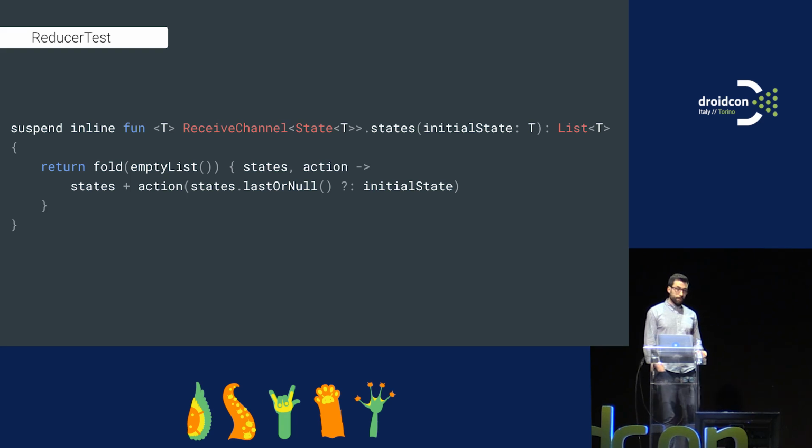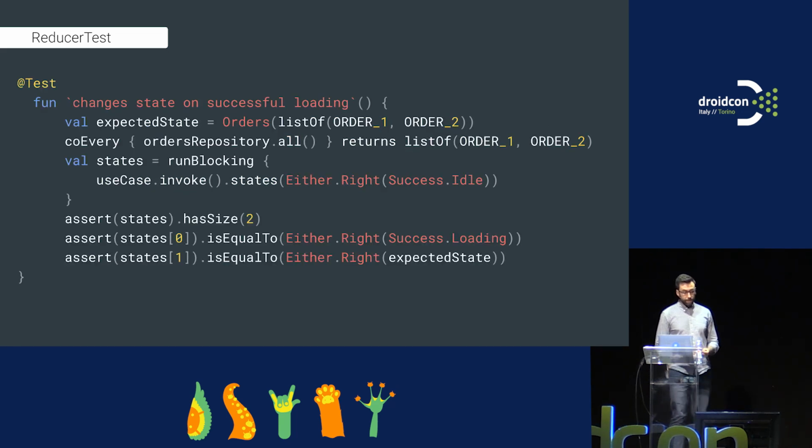What we do need, though, is a way for us to test all the objects that are coming through the channel. What we have here is fold, an option that is going to accumulate all the different values, and it's going to start applying all those operations from left to right to the current accumulator. That means that if we do something like this, there will be a test of the reducer that we saw earlier.